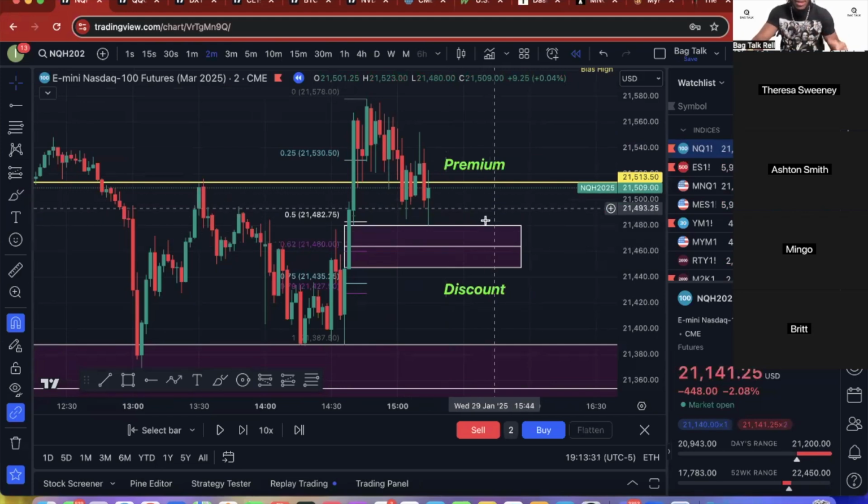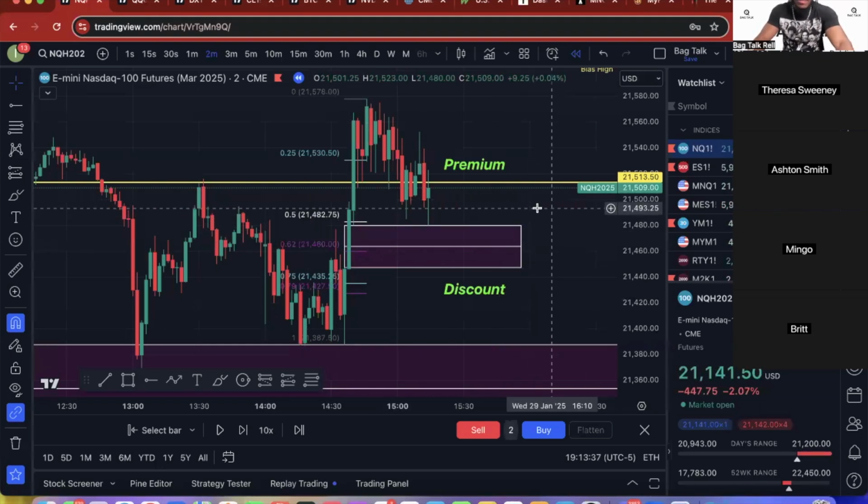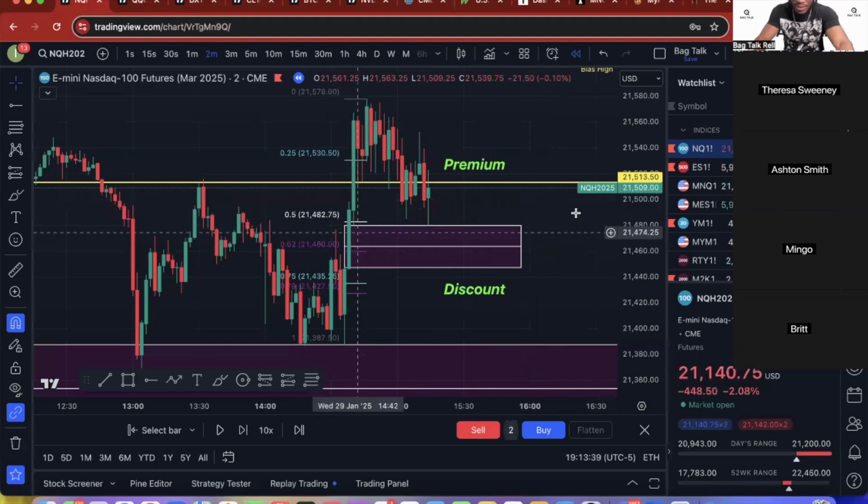What's a bullish PD array? A bullish fair value gap. Which fair value gap do I like? I would like the one that exists in a discount. And so since I'm getting this from the 2 minute time frame,